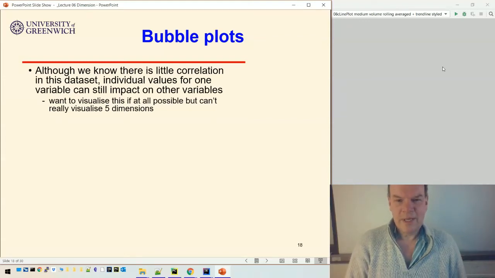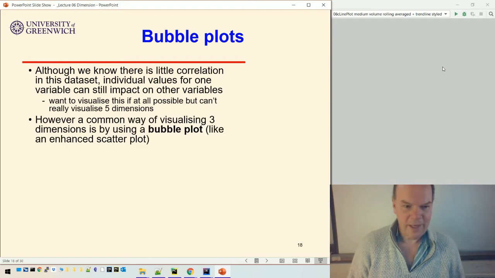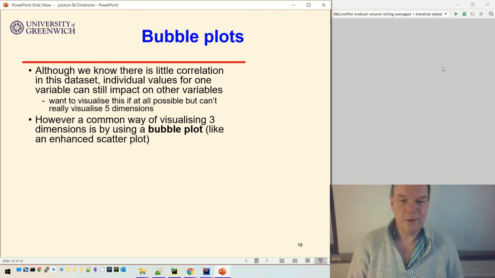So we've seen there's not much correlation in that data set, but still what can happen is that individual values for one variable can impact on other variables. And ideally we'd like to visualize that, but we can't really visualize all 5 dimensions. Okay, and one way of doing it with just 3 dimensions is to use a thing called a bubble plot,